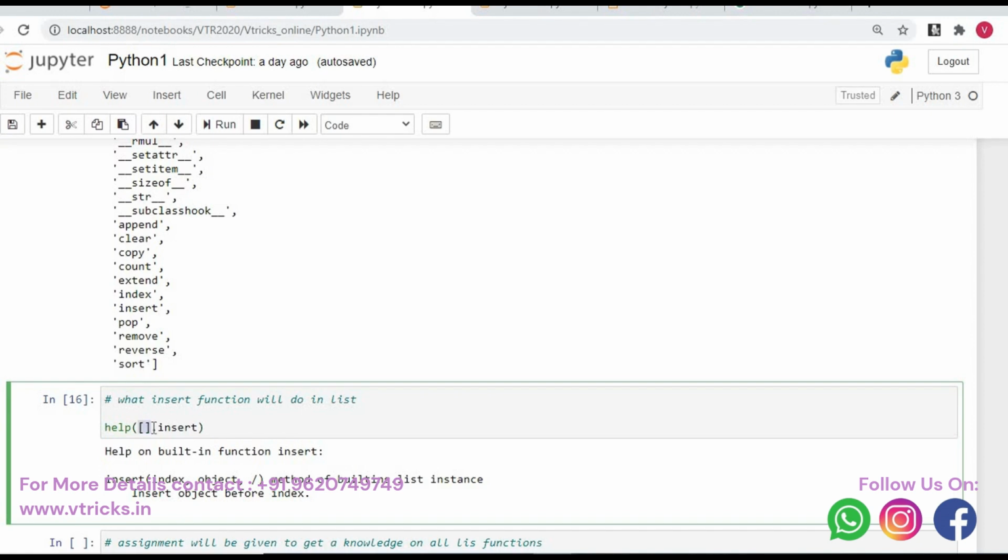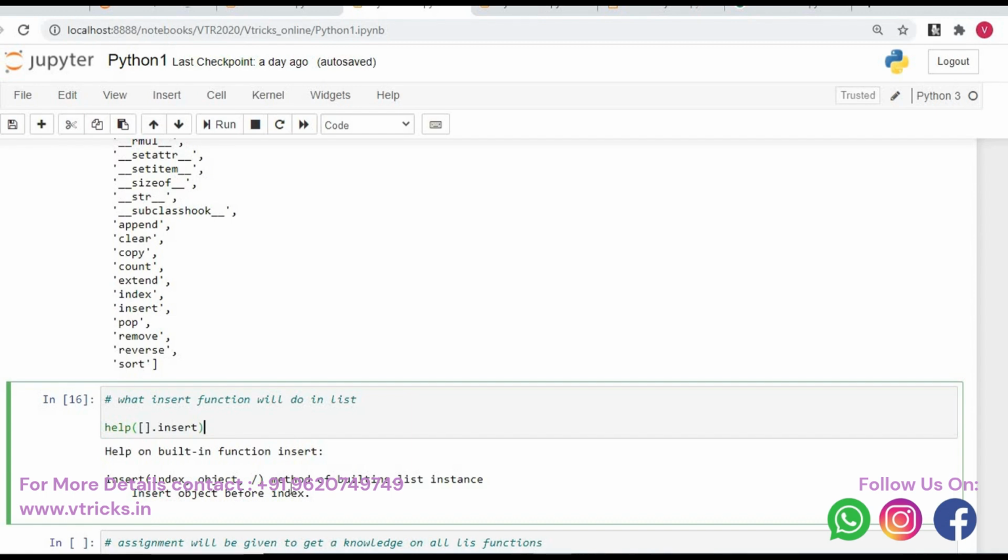I am asking for help from the compiler. I am saying please help me with the list's insert function. I say help of square bracket dot insert. When I do this, it says it is a built-in function. It inserts object before index. It says it will insert some particular object at the index.